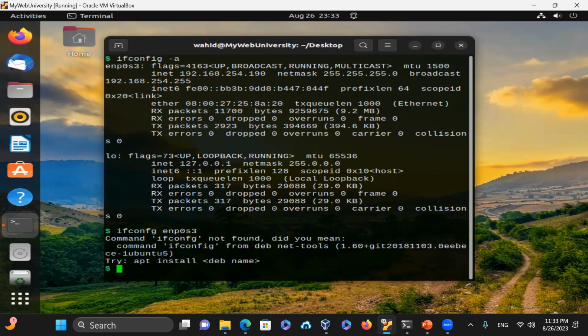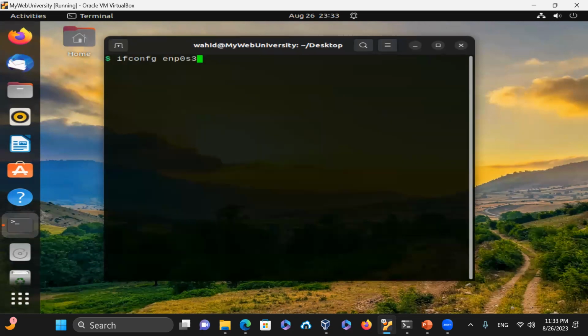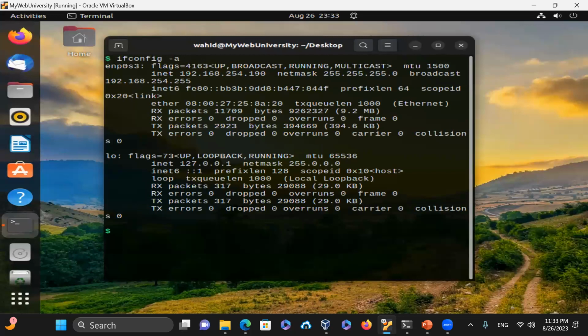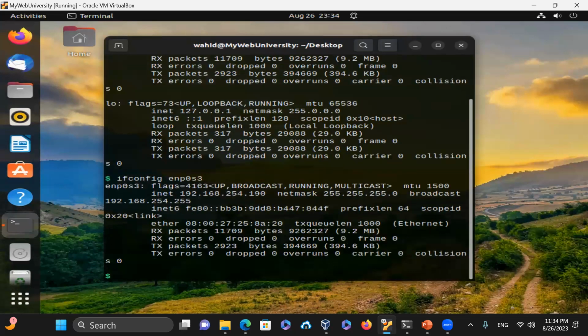enp0s3. And notice that, let me just type in ifconfig here, and then ifconfig enp0s3. That's the interface name that I want to get. And as you can see, the IP address is 190 here. That is on the local LAN that I have,